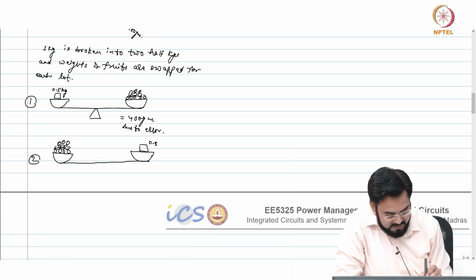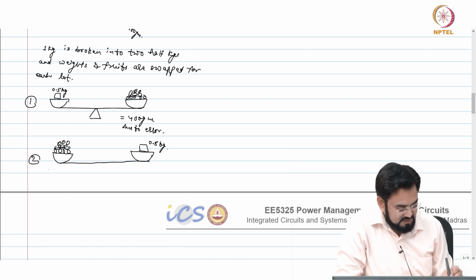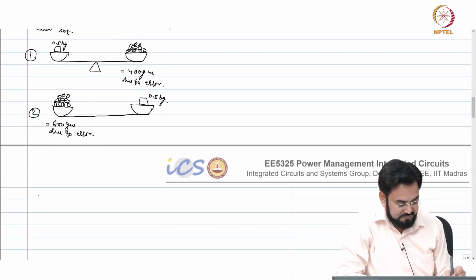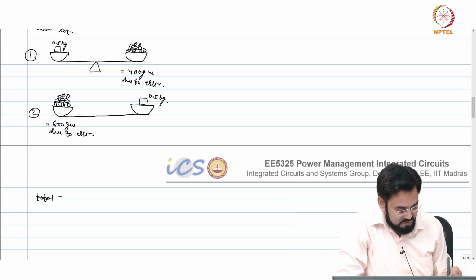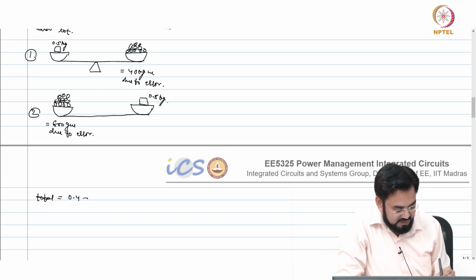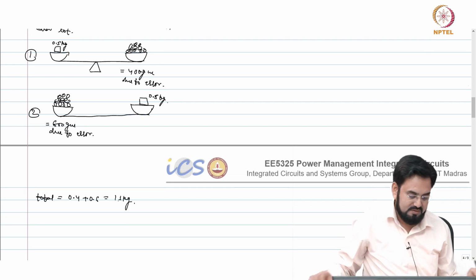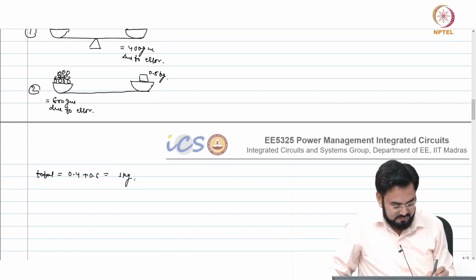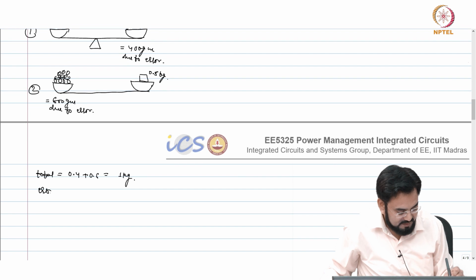.5 kg, so it will give me due to... so total equal to 0.4 equal to 1 kg. Okay, so your error is